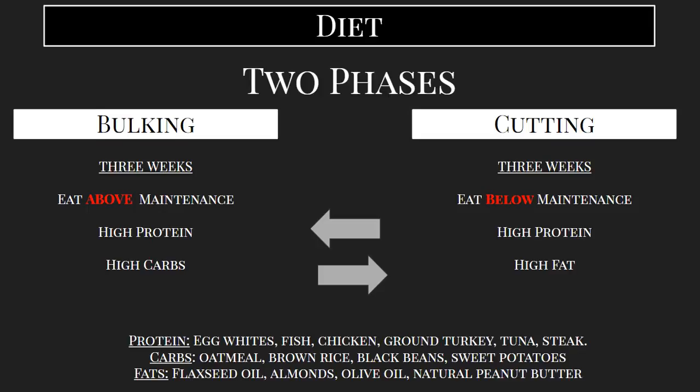And in this phase, we want to cut out carbs, which are essentially sugar. We want to reduce sugar and increase fat. And what this is going to do is force our body to go to the fat stores to find energy to keep fueling you throughout the day since you aren't providing it with enough energy to stay at maintenance. So alternating between these two phases is what's going to achieve this type of physique.